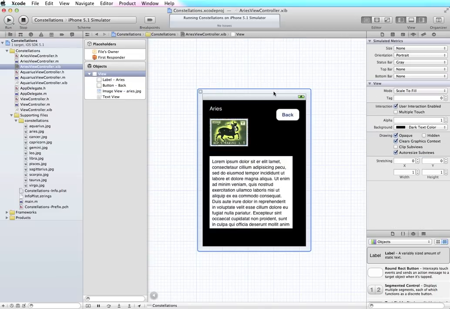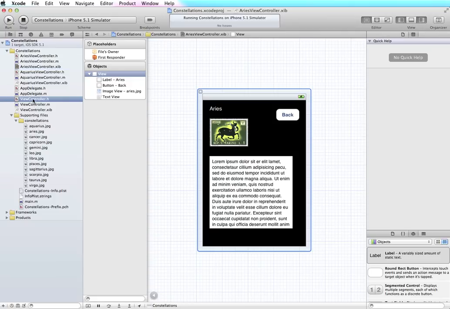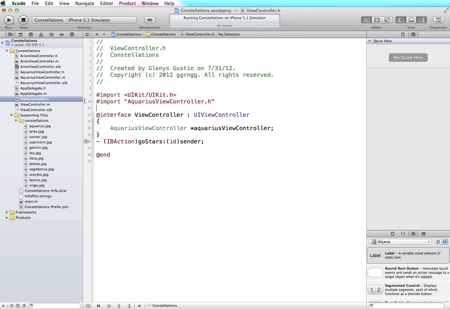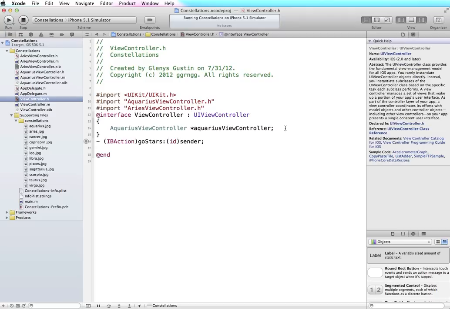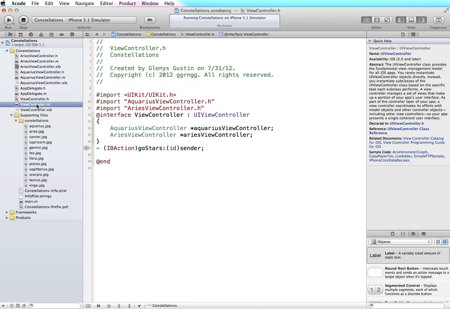Okay, so we've added a third view, and again, our ViewController header file needs to know about this, so we have to go into the ViewController header file. We're going to import it in. We're going to create an instance of the Aries ViewController. Now, to set up our implementation file,